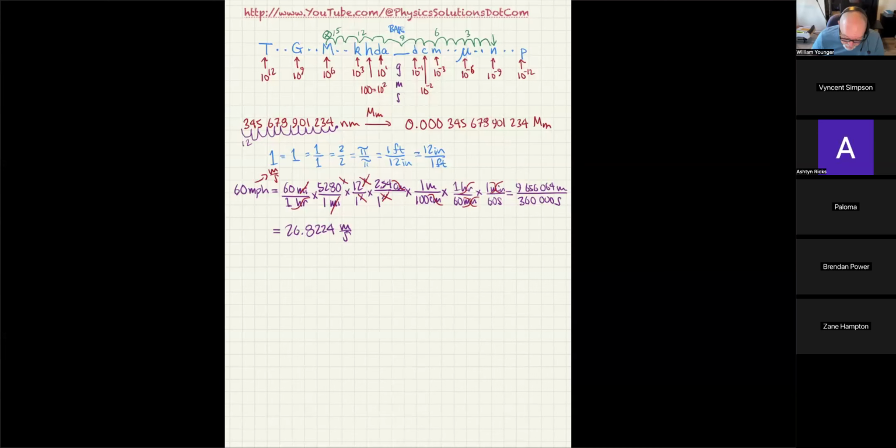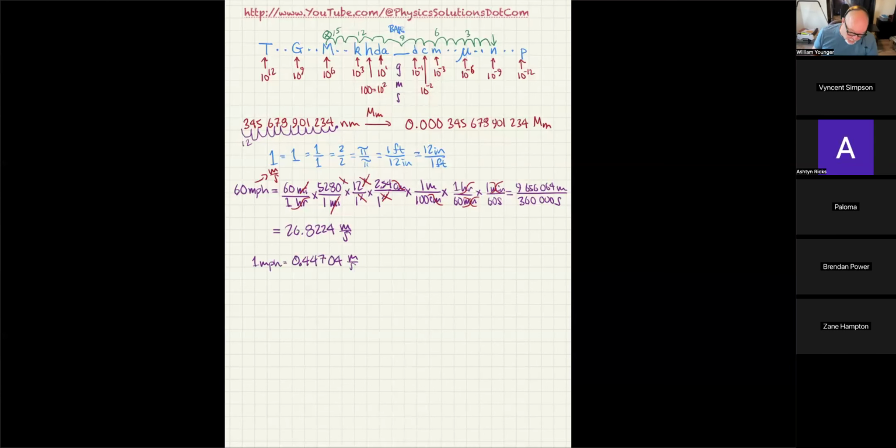You could get rid of the 60 at the front, just divide that quantity by that. So let's say divided by 60. And then what you see is 1 mile per hour is equal to 0.44704 meters per second. That's the actual conversion factor, and that's it to an infinite number of decimal places. So that's another way you could do it.